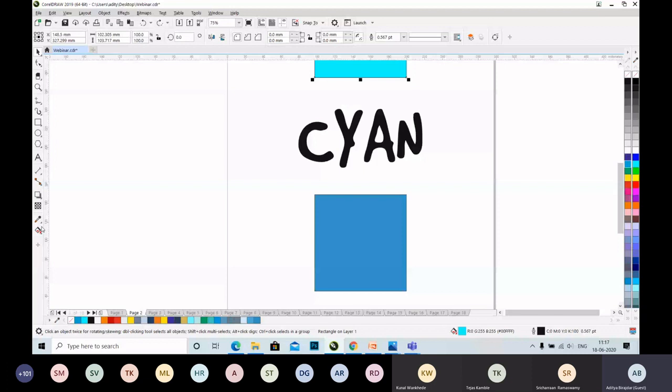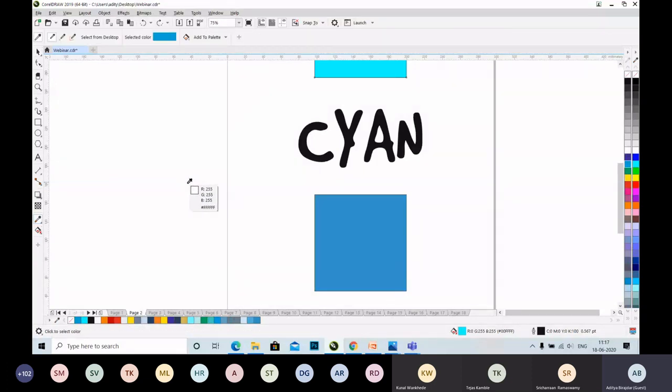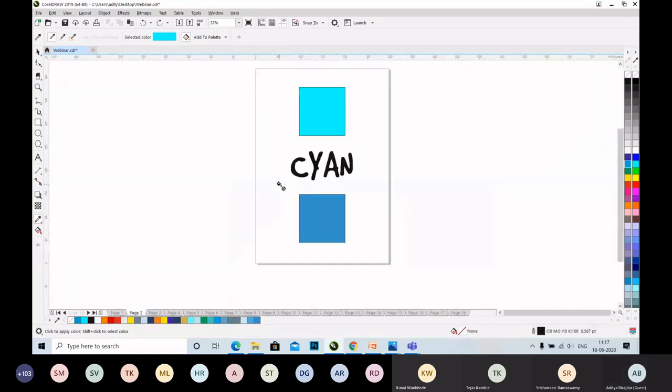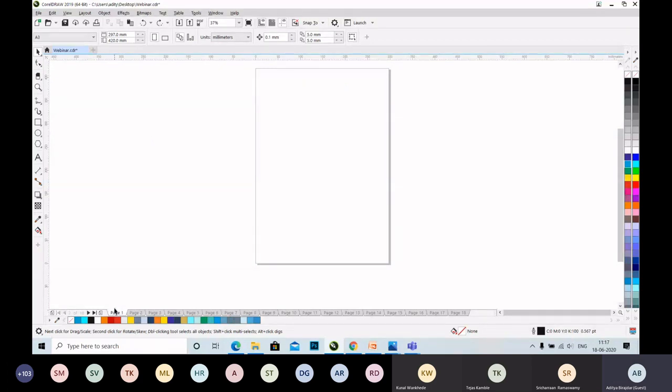Next, we have color eyedropper tool. We can pick any color from any object or even an image, and we can use that wherever we want on vectors. Next is Smart Fill tool, and this is the one which I personally use the most as background.